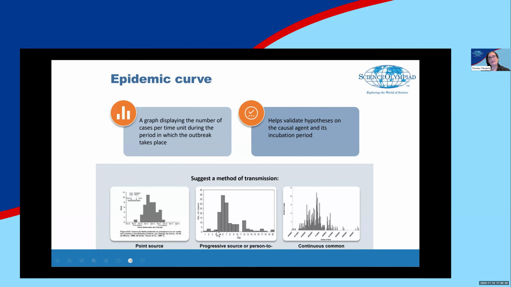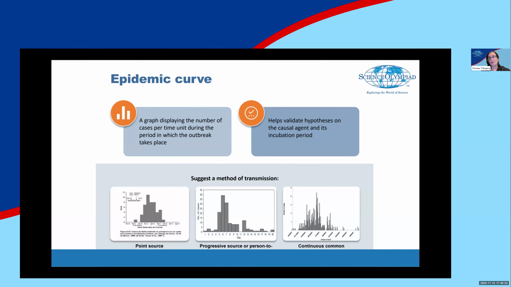In this, what happens is that there is a person who exposed several other people, so there can be multiple peaks, and then a couple of peaks are there, and then it falls, and then there's another peak because the other person who was exposed and had the disease now exposes a bunch of other people, and ultimately dies down because